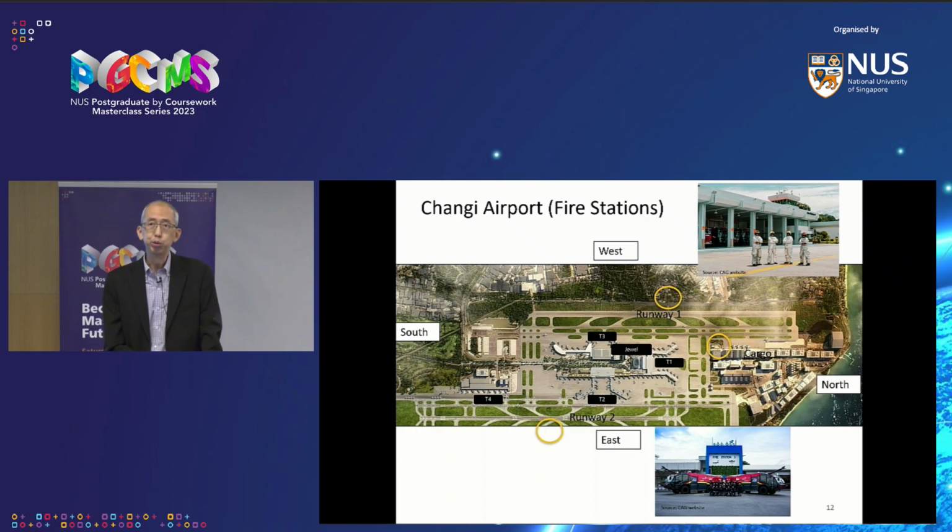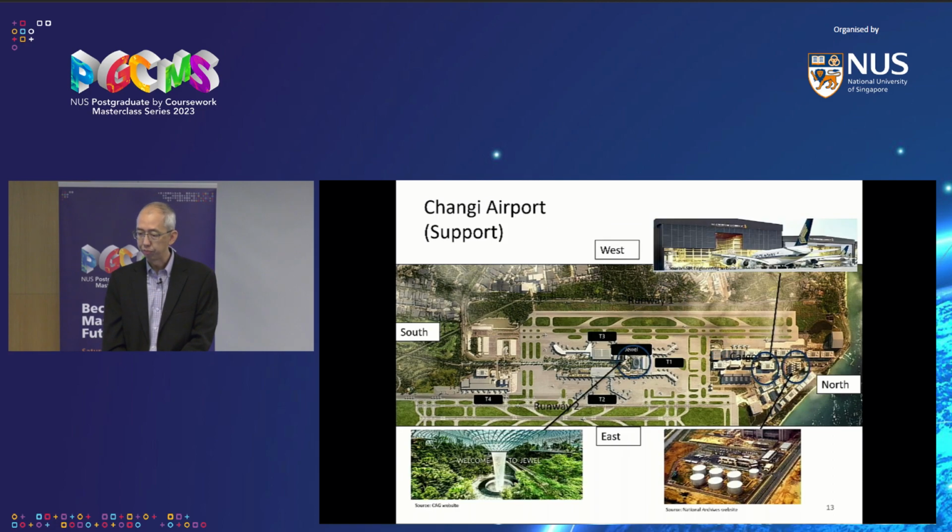And runway 2, the fire station is at the bottom yellow circle that you see at the bottom of the slide. And then on the extreme right-hand side, near the cargo area, there's also a fire station, but that's more to handle building fires if any occur. We also have firefighting boats and I believe a hovercraft. That's near the Changi Village jetty next to the Pulau Tekong SAF ferry terminal.